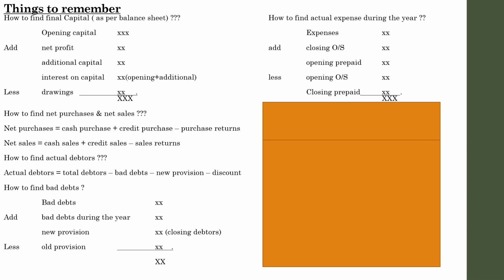Let us discuss the prepaid expense. In this question you can see that opening prepaid is added. So opening prepaid means, just assume 1st January 2020 or whatever it is. On 1st January there is a prepaid amount of something. So that amount is paid in advance. Paid in advance means it might have been paid in the previous year.